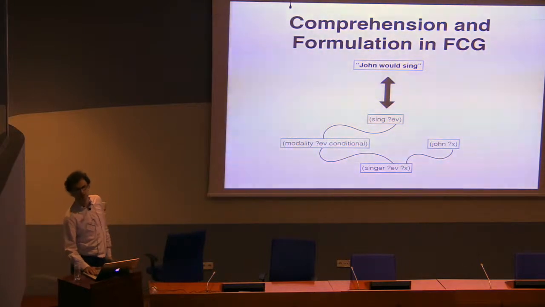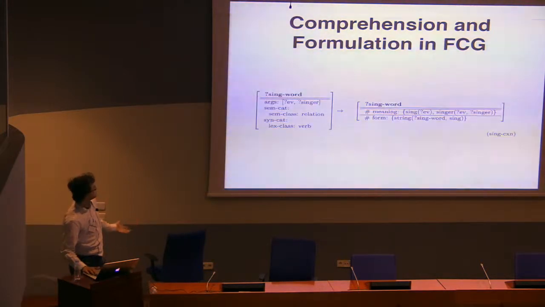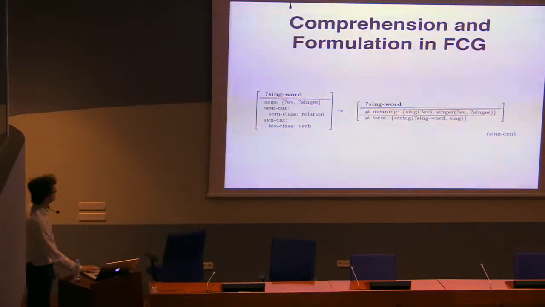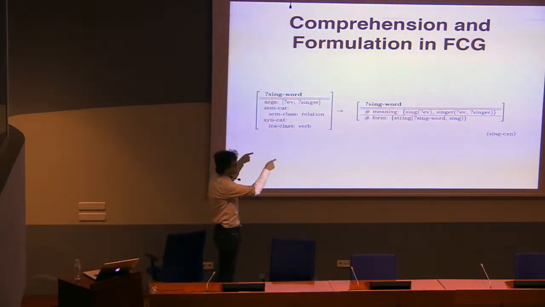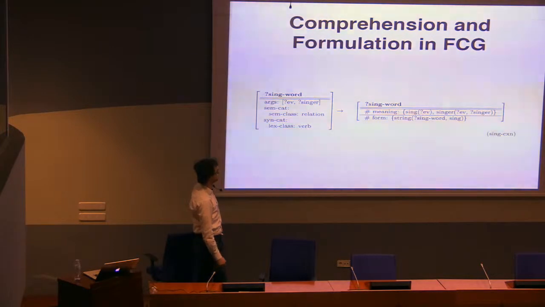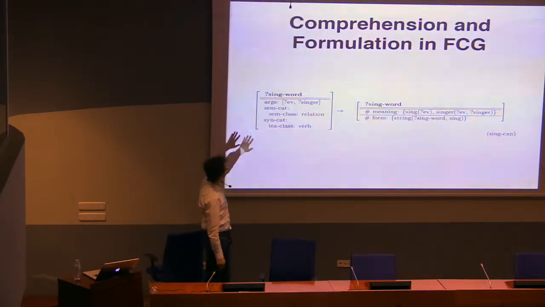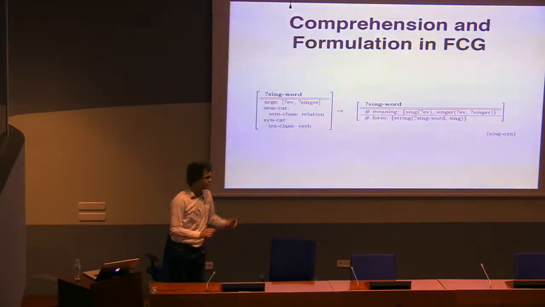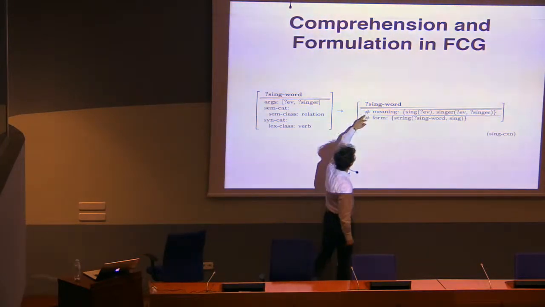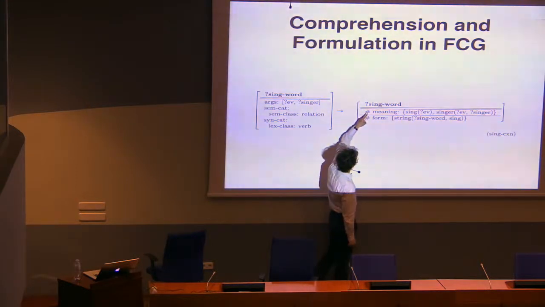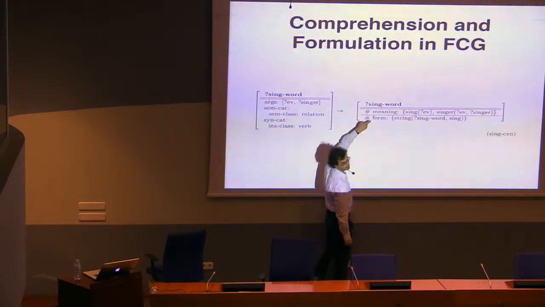Constructions are actually couplings between form and meaning, on a very basic level or on a more abstract level. For example, one example construction is this sing word construction. On the right side, we call this the conditional part. This is what the agent should find. The left side is the contributing part. When the right side is found, this is merged into the structure. Here you see that it has two parts as well. We call them the production lock and the comprehension lock.